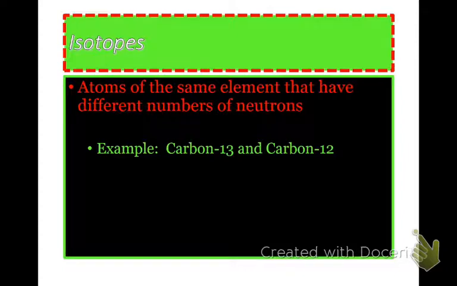So, for example, we have carbon. You have two carbons, but one is carbon 13 and one is carbon 12. You'll understand what this means a little bit more in a minute when we actually break down the two types of carbons. But understand that they both are carbons, and they'll both have the same number of protons,